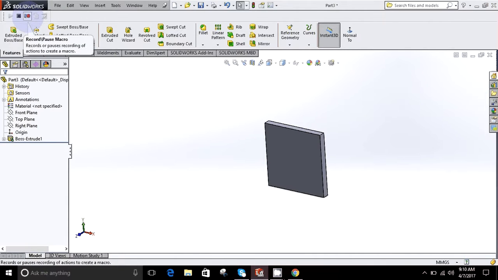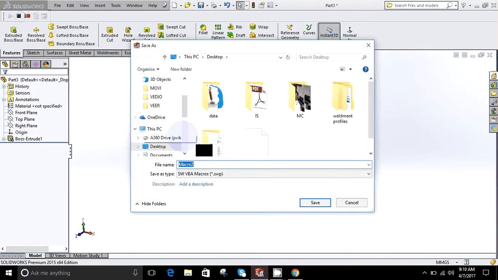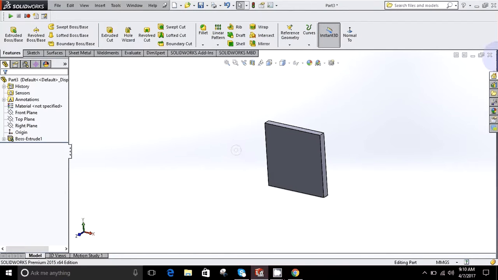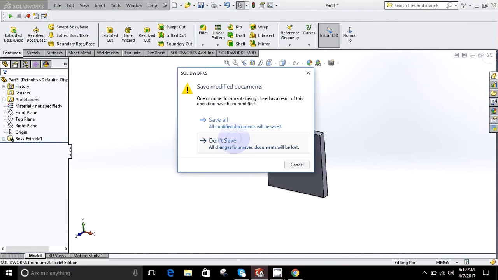Now it's starting. Stop it. Now a path is required to save this. I am saving this file on the desktop as my macro 2. Save. Now close it.